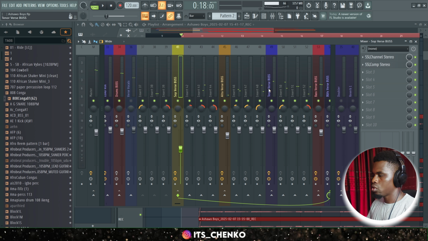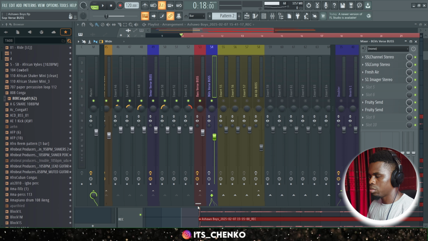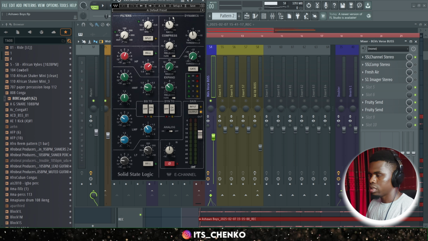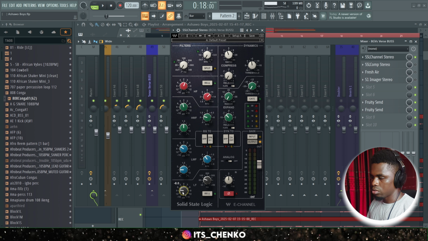And then I've routed all of the subgroups to another bus, which I've called the BGVs verse bus, where I'm doing more processing on them. The first thing I have is, again, the EQ, taking out the lows, taking out the boxiness, pushing up the high end a little bit, bringing down harshness and nasal frequencies, just doing the necessary things that I need to do